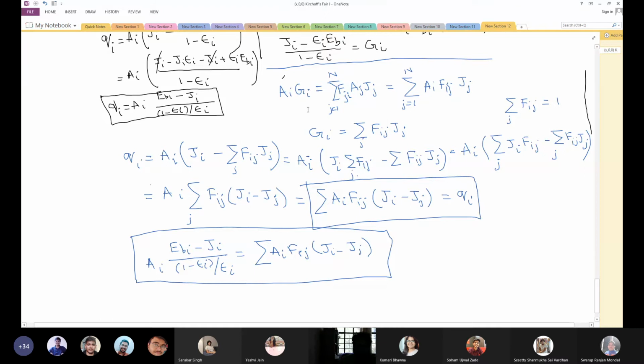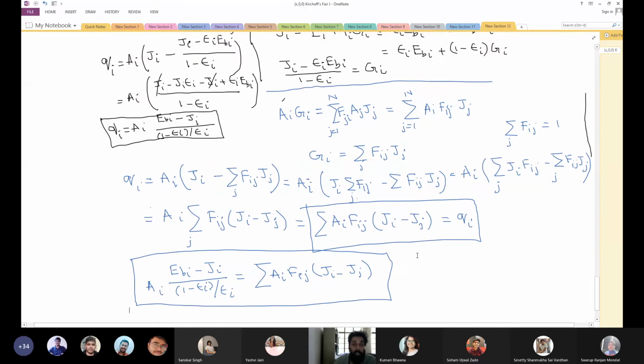So we have written gi in terms of summation Fij Jj and then substituted it here. A little bit of manipulation, as I said, and we get another equation involving Qi and Ji. These two equations we now combine by eliminating Qi, and now we have a pure set of equations for Ji. We'll write these for all of the surfaces in the enclosure and then solve for Ji. And these Ji's will be used to get the net amount of heat exchange. Okay, any question on this small derivation?